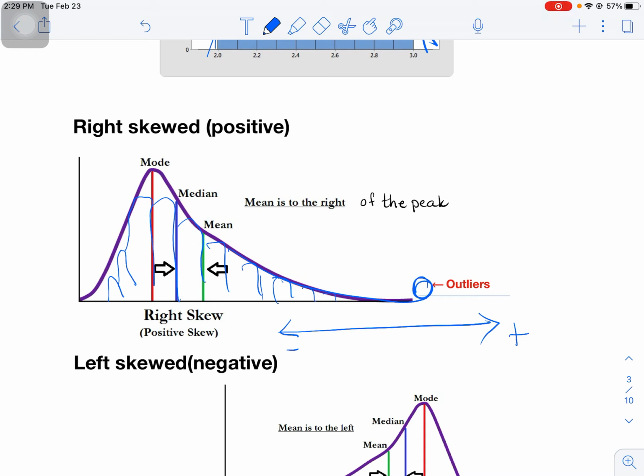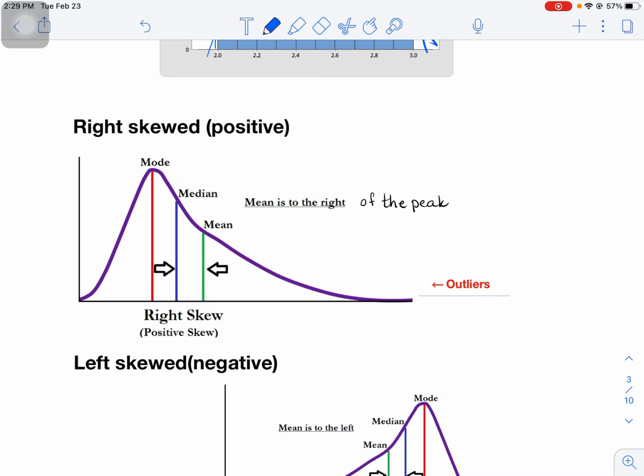If we have something way over here, we could have data up to here, and then no data, and then a point way over here. We know those are outliers. So that's a good portion away from the rest of the data, and we'll talk a little bit more about that in a minute. But I want you to pay attention to where your mean, median, and mode resides in this